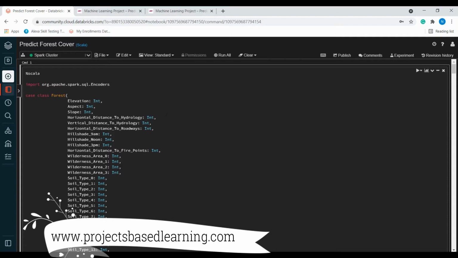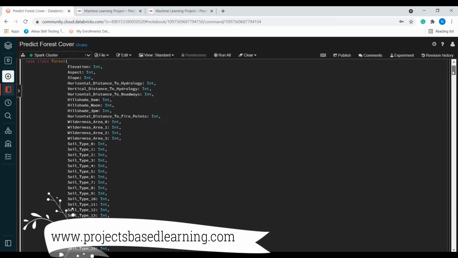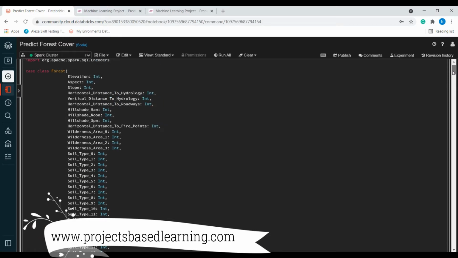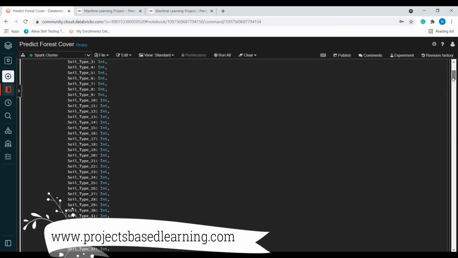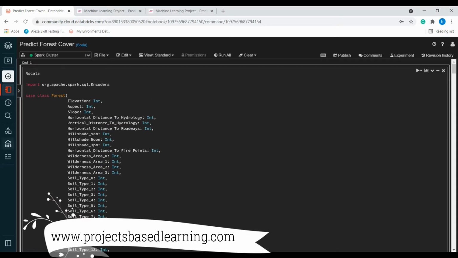First we are creating a class which will act as a schema for our data frame. This is the schema of the data we have already loaded into the Databricks environment. Here we are creating forest df by using the forest schema, which is defined by the forest class.